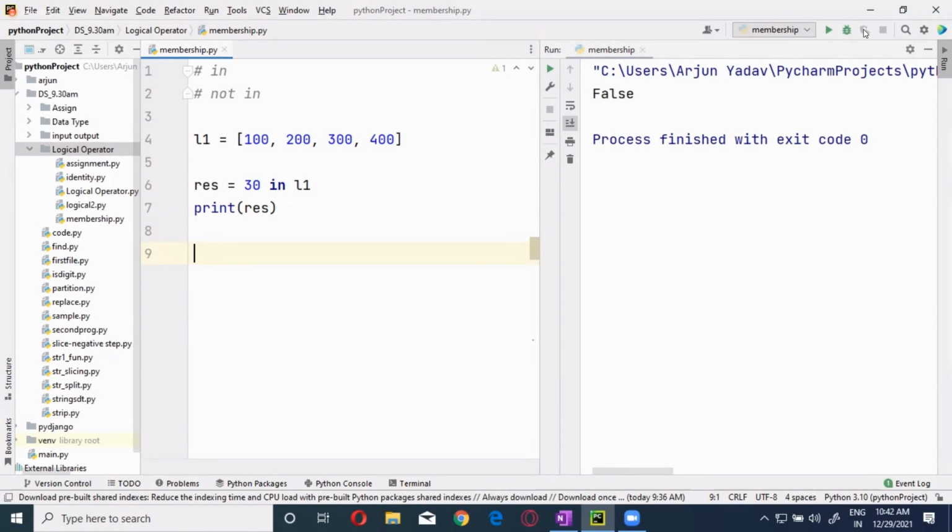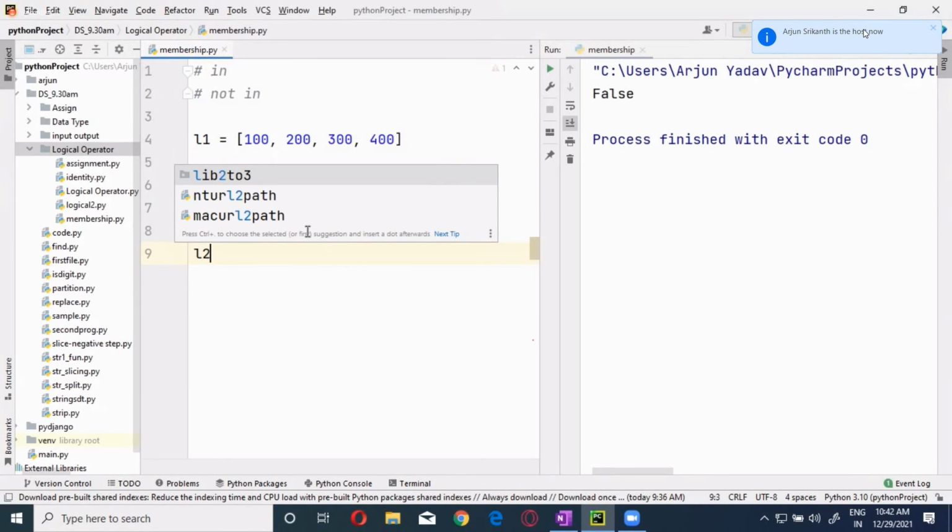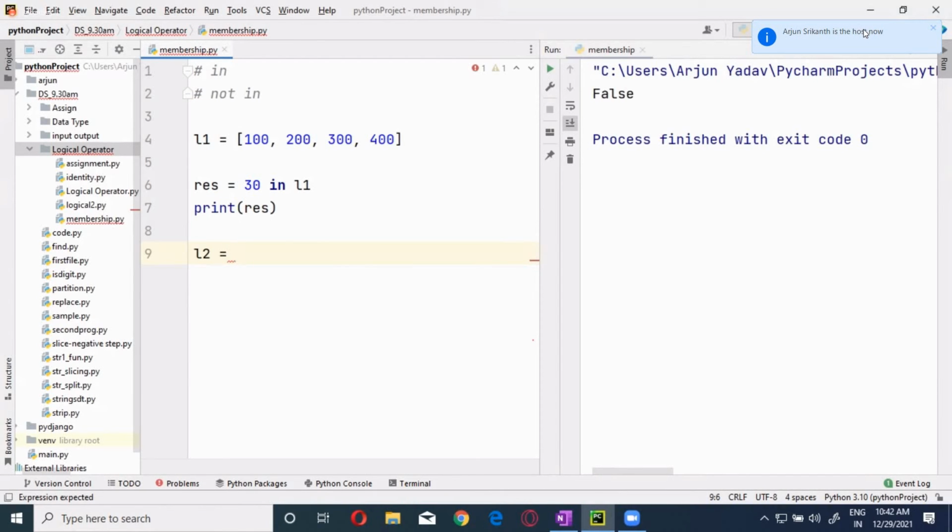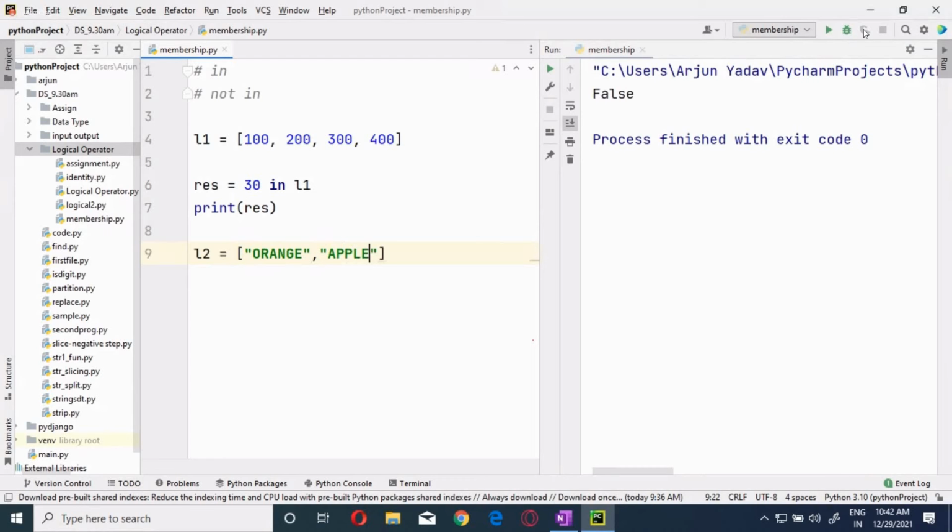It's not only like this, guys. You can see this: I'm having list 2 is equals to orange, apple, and mango.